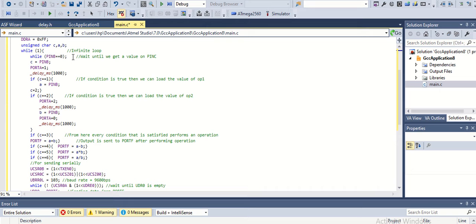So when we run the simulation, it will just wait here at this line. After we have input some number on the keypad, like if we have pressed the number 1, then that number will be stored in C, and the LED at port A1 will turn on, which will tell us that now we have proceeded. So now we have to take the value of our first operand. If C is equal to 1, then the value of pin B will be stored in